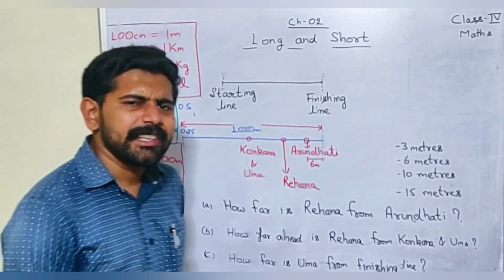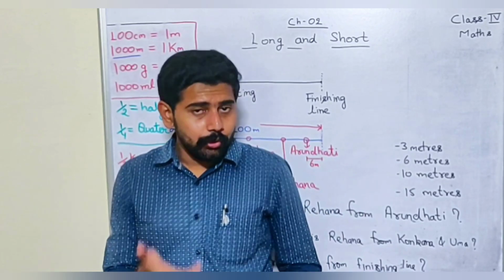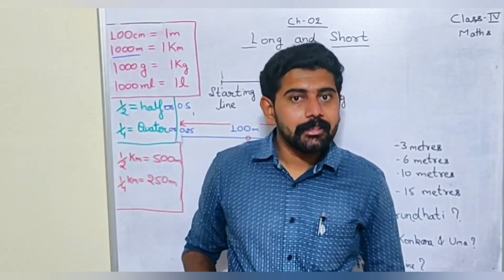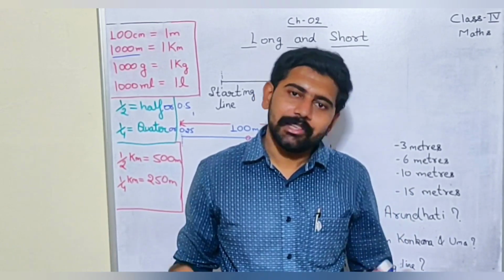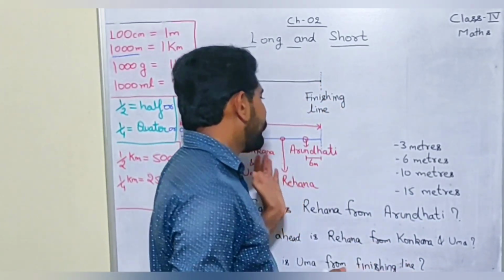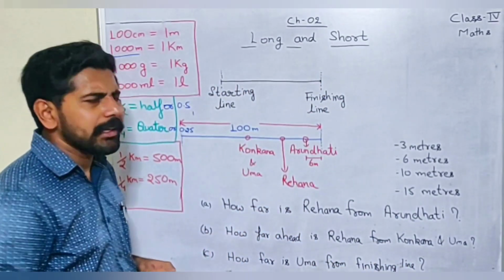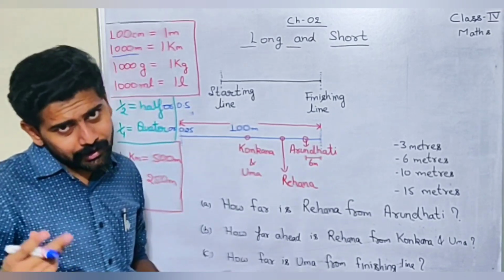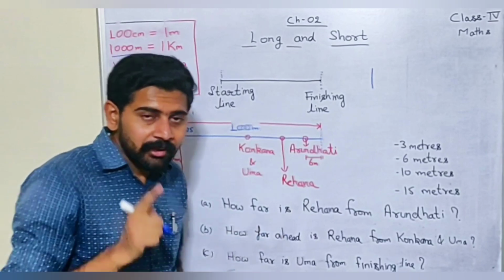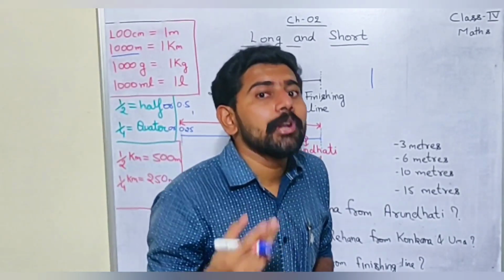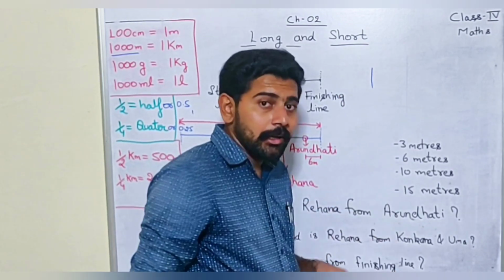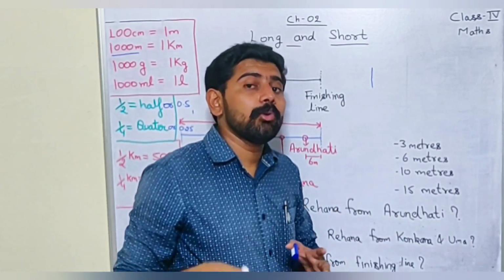Now, let's discuss a race. You also take part in the race in the annual sports meet. Yes, na? 50 meters race, 100 meters race. Okay. Similarly, once there was a race. But what does a race mean? A race means a starting point where you get ready to run. There is a line, na? Like this. You stand here in a line. You become ready to run.